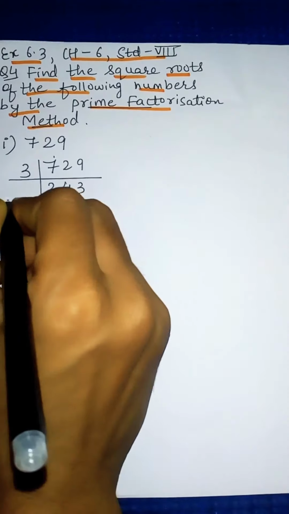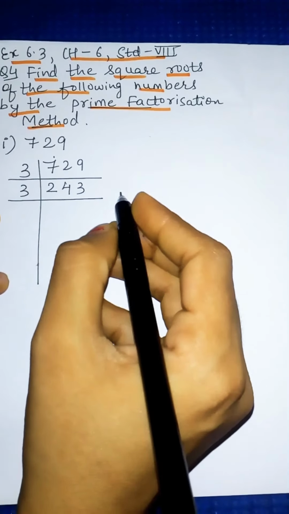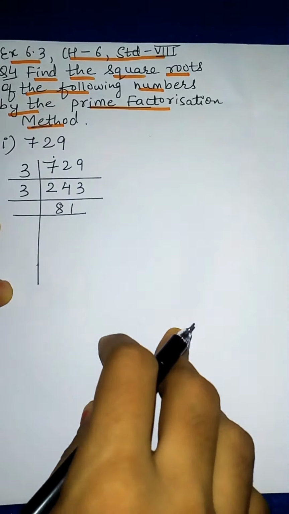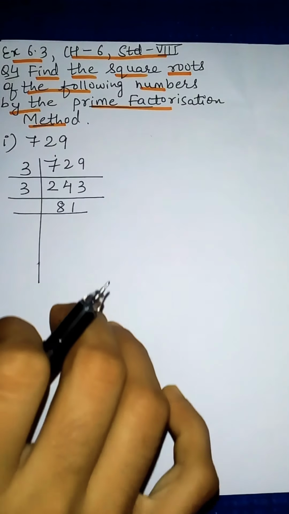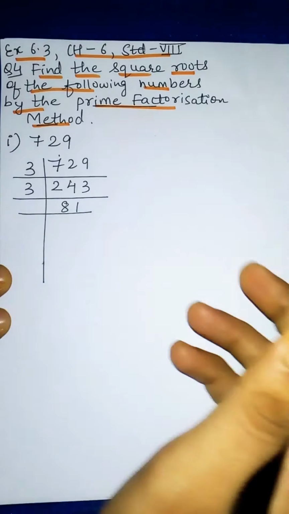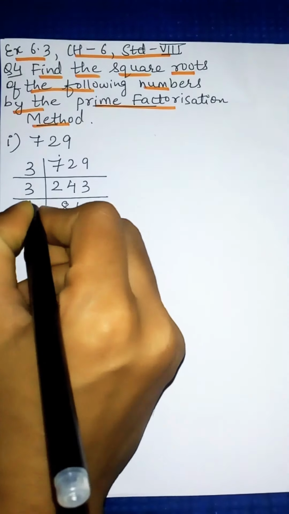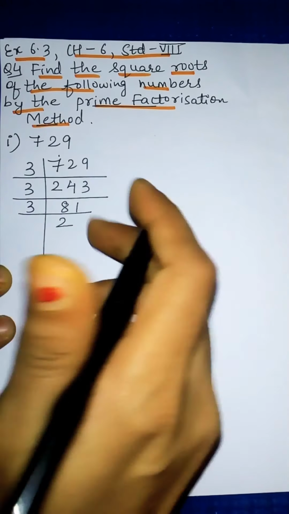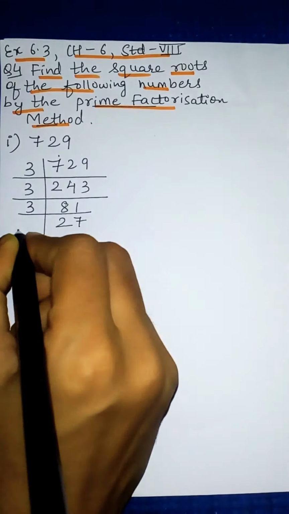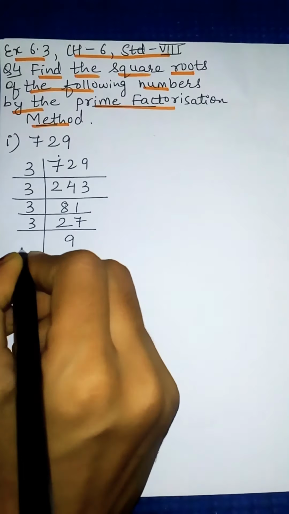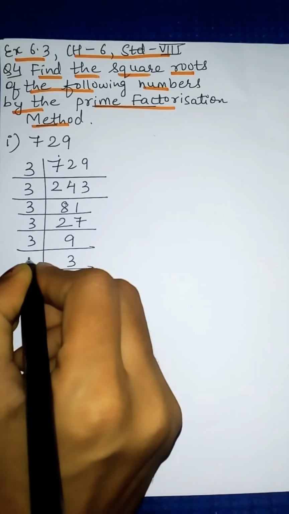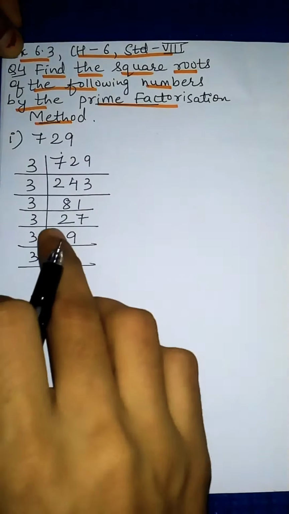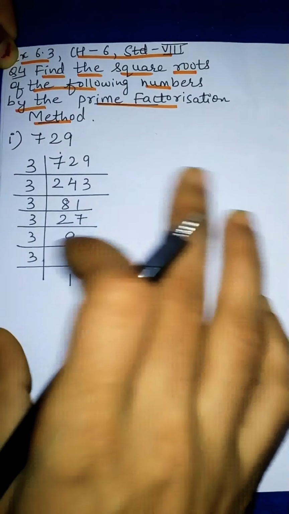Now next step, again we can take the table of 3. In the 3 table, 24 is coming. 3 8s are 24 and 3 1s are 3, so 3 81s are 243. Now 81 is also coming in the table of 3 because 8 plus 1 is 9, by the divisibility rule. So 3 2s are 6, 7, 8, 2 left, 21 means 3 7s are 21. Now 3 9s are 27, 3 3s are 9 and 3 1s are 3. So factorization is done, and we have used only 3, which is a prime number.